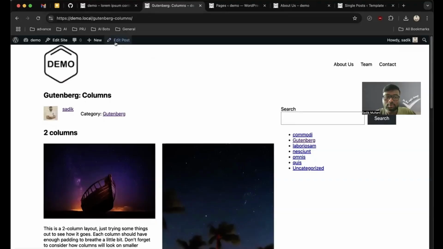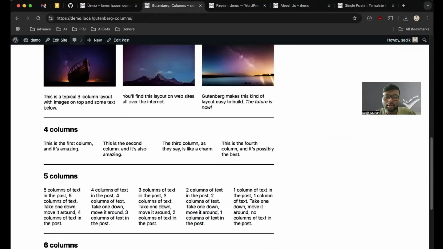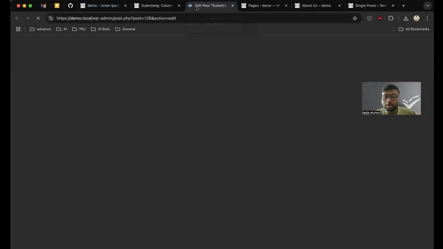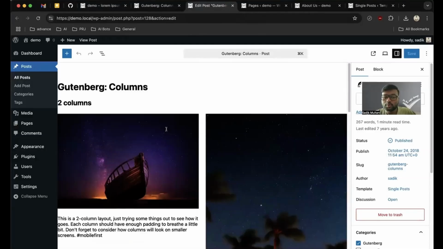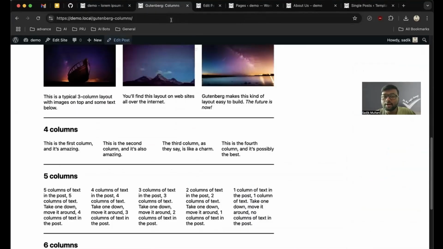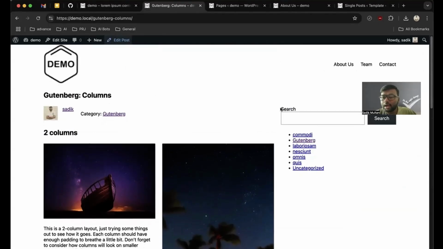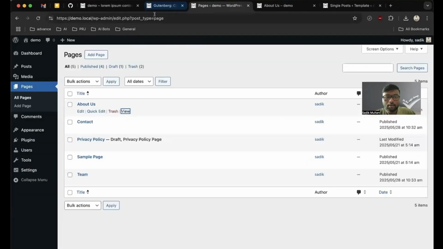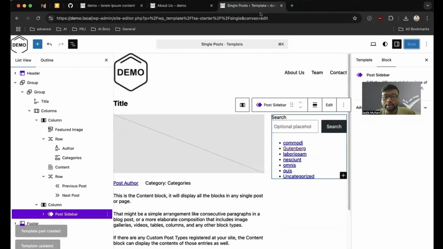So this post has this kind of columns and grid layout content. Let's open and verify it once. Yeah, right. So the content of this post has this type of data, that's why it's showing on the front end like this. And as we have created a sidebar in the template, we can see this search block and the category list on each of the post detail pages, right? Yeah. Yes, we have created a single post template,